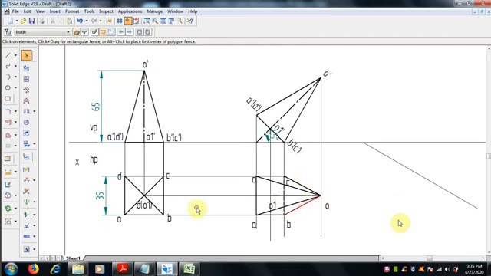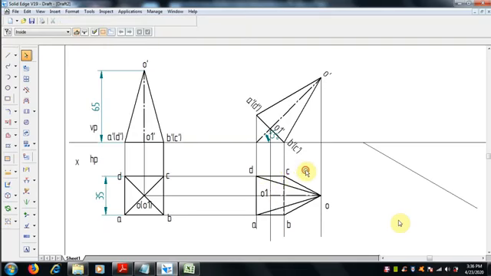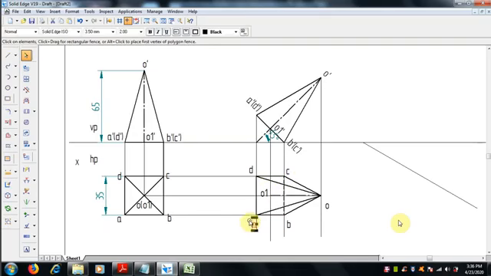Now the top view after inclination is there, it should be moved and we have to keep it in the third position, that is inclination to VP, which we have to show. So once the pyramid is inclined to 45 degree to HP, then the resting edge is going to be inclined to VP. So select this one now, make a group of it.